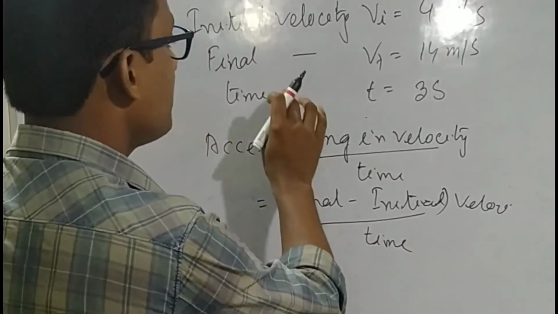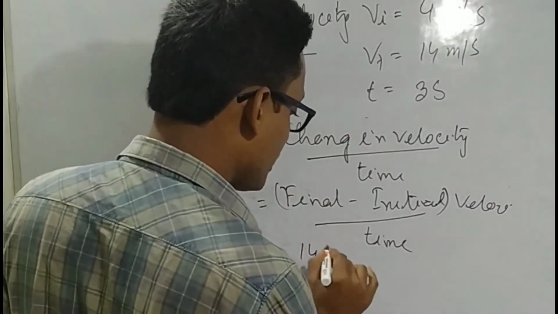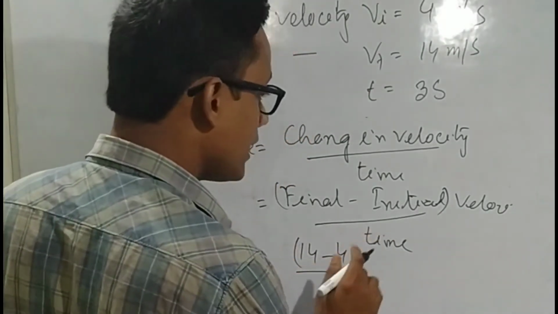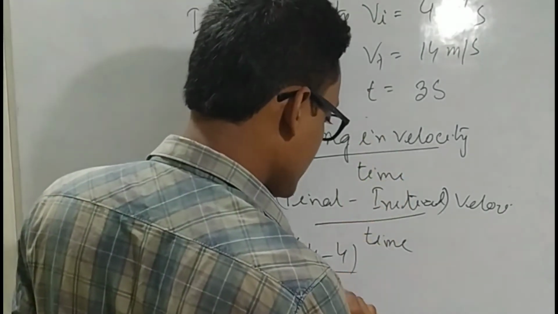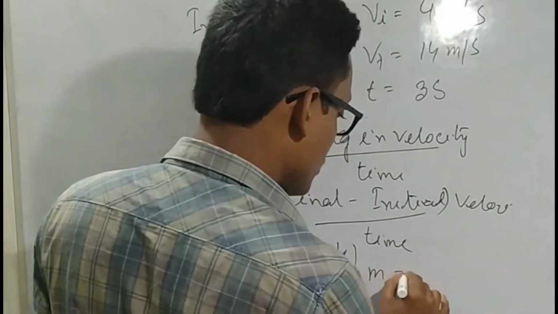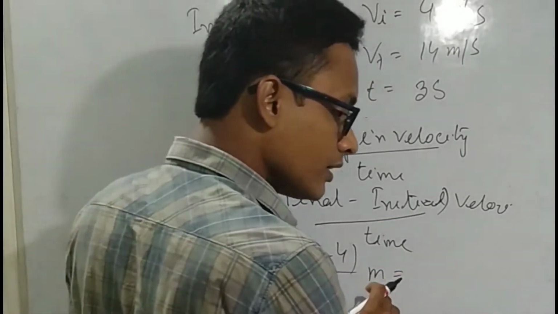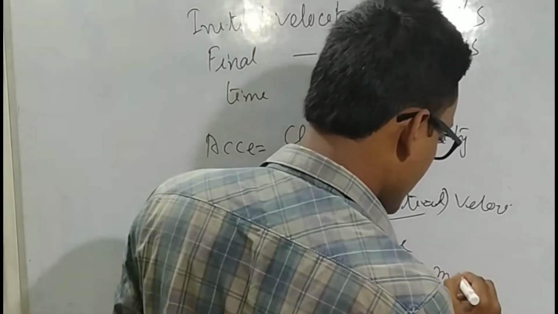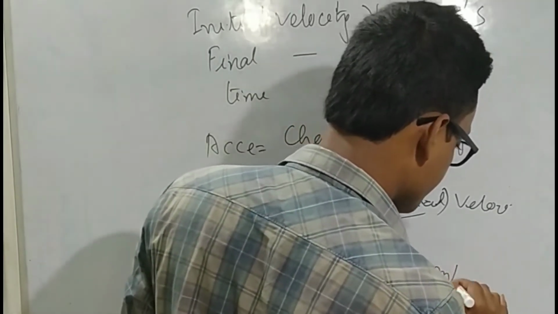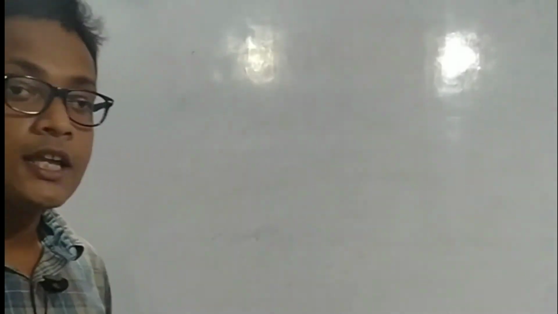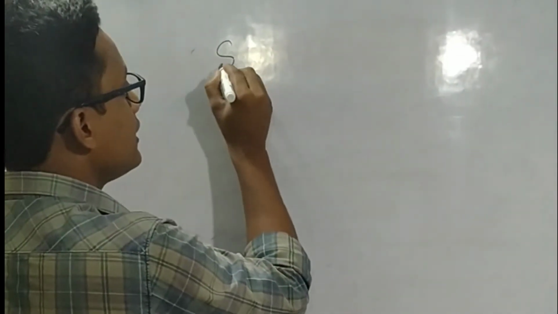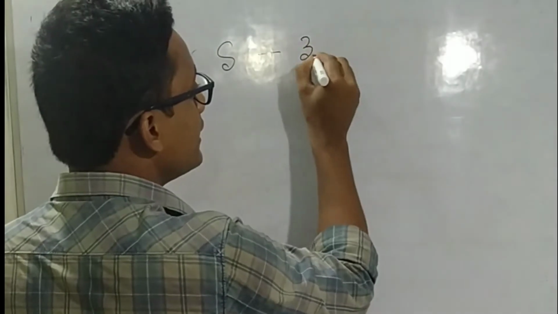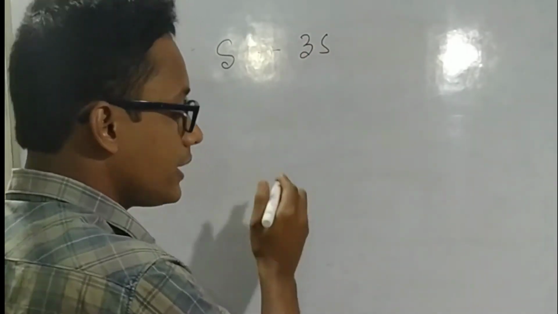In our given information, the final velocity is 14 meters per second, the initial velocity is 4 meters per second, and time is equal to 3 seconds. So calculating, we have acceleration 3.3 meters per second square. So if we consider s as the distance traveled by the particle within these 3 seconds, so we can write